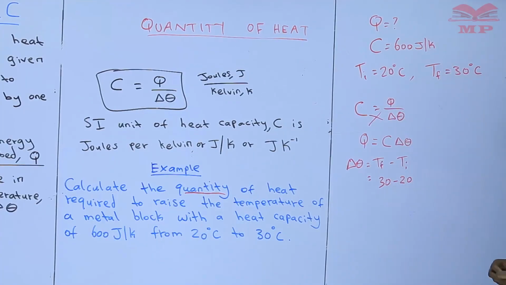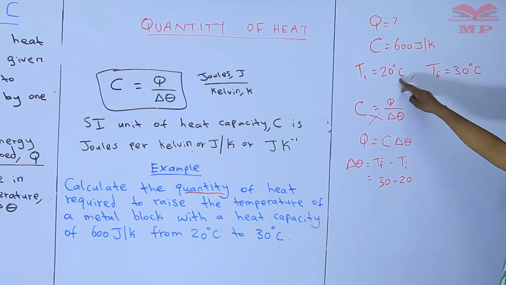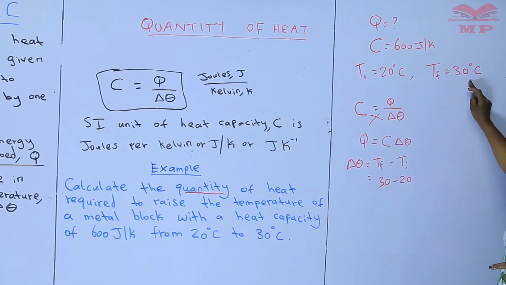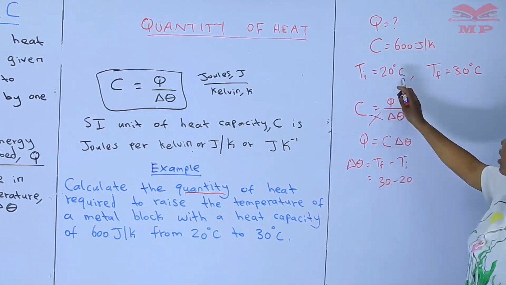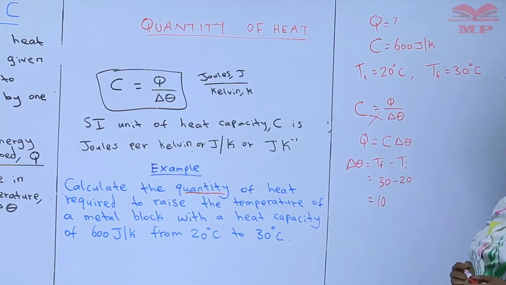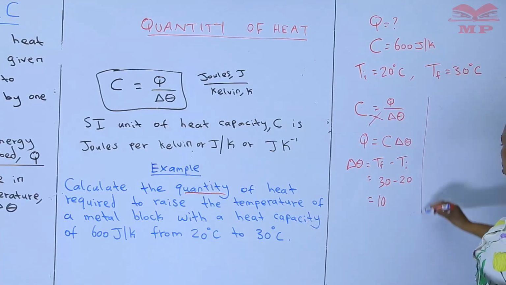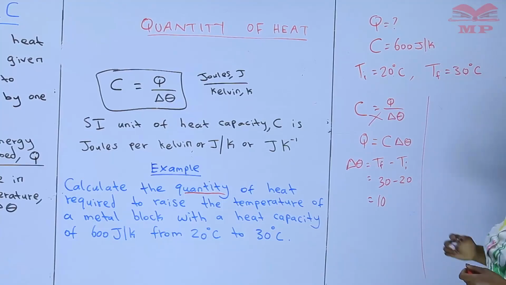Now, maybe you may be asking, our answer will be in degrees Celsius, yet we want it to be in Kelvin. I would like you to note that the change will just be the same, whether it is in degrees Celsius or in Kelvin. For example, if we calculate here using degrees Celsius, our change will be 10. It can now be our 10 Kelvin. Because even if we convert this into Kelvin and this into Kelvin, then we get the change, we still have